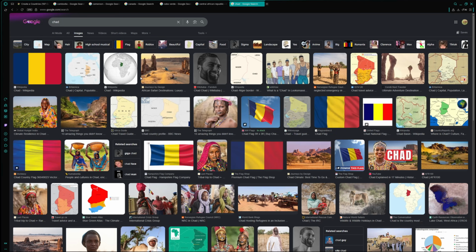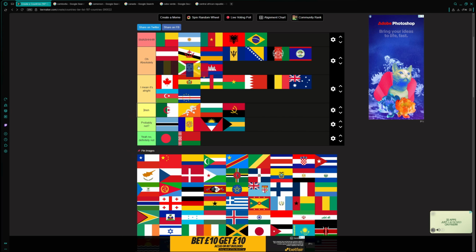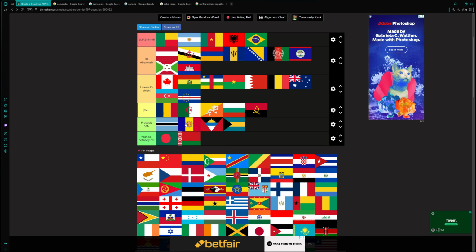Now Chad's flag looks a little familiar. This is Chad. Now Chad is shaped like a Chad. You know, it's got a little nose, it's got a mouth. It's pretty funny. It's got a little inland sea at this part, so I guess you could probably use this part, but it's not really got any long little juts of land, you know? It's also kind of in the Sahara Desert at the top part, so overall it's pretty dry. Yeah, okay, so Chad, meh. Above Algeria, but meh.